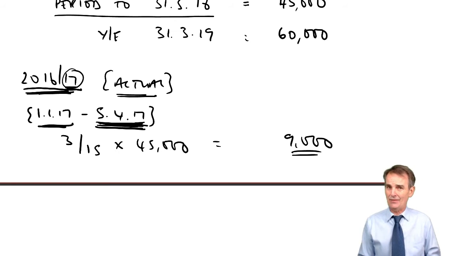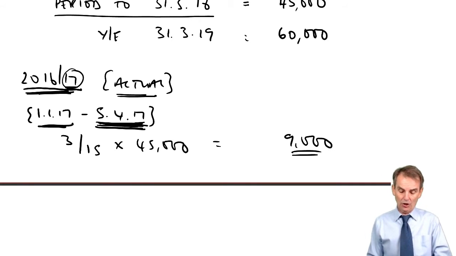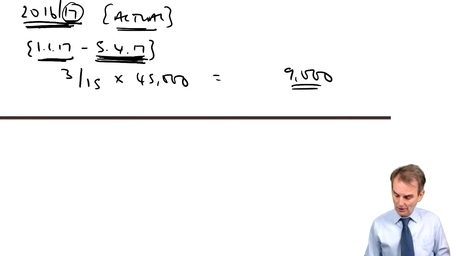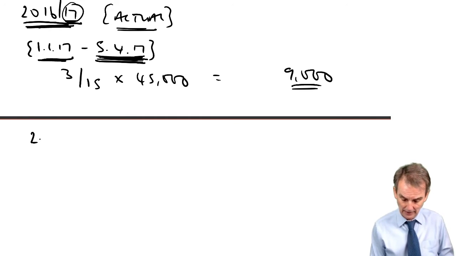The reason being that if you get the first tax year wrong, everything from that point is going to be wrong. So it's worthwhile just checking to make sure you got it right. So first tax year sorted, it's an actual basis of assessment here. So what do we then do in our second tax year? So that now must be